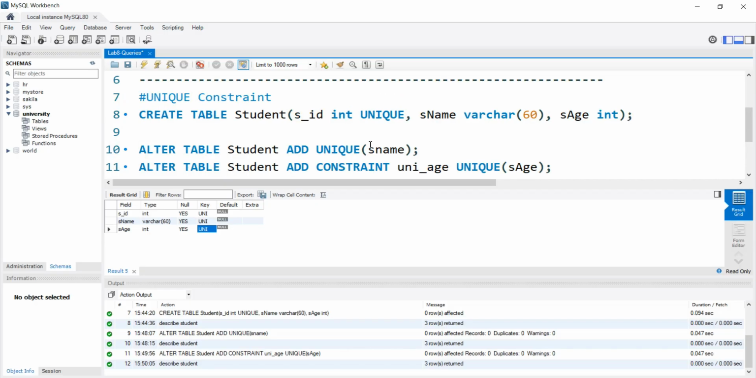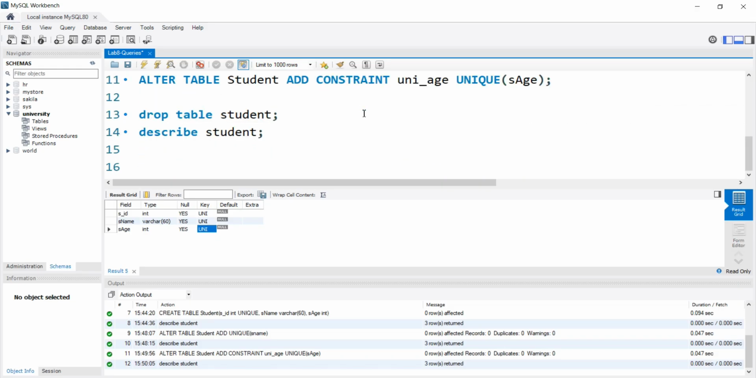Okay, one more thing: how we can use more than one constraint on a single attribute. For example, I want to apply a unique constraint as well as a not null constraint on SID. So the unique constraint is already applied, and now I am going to apply the not null constraint as well. There can be different ways, but I am applying it during the creation. So first I am going to drop the student table,